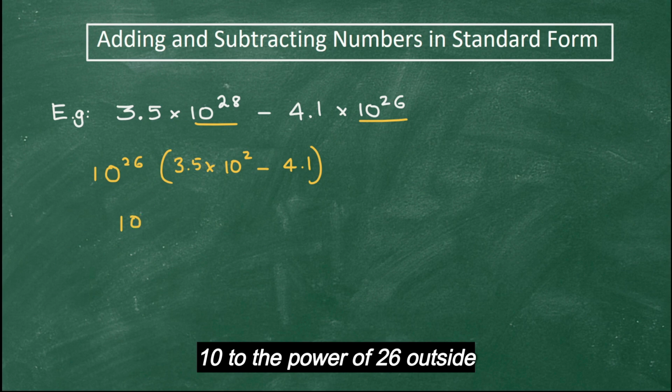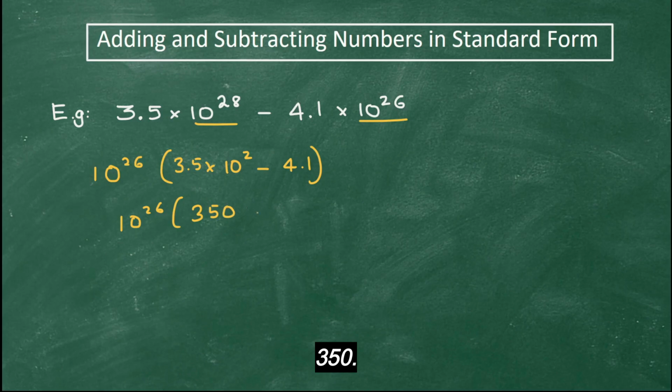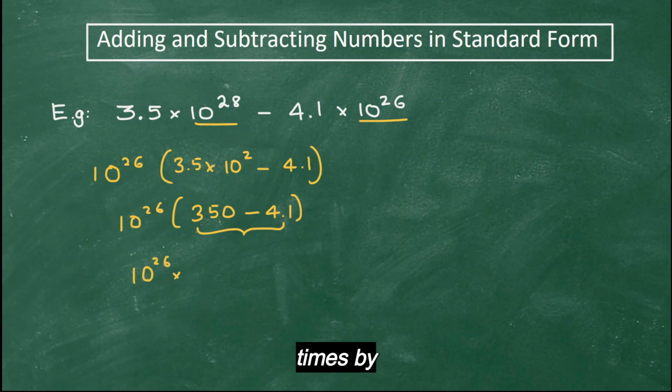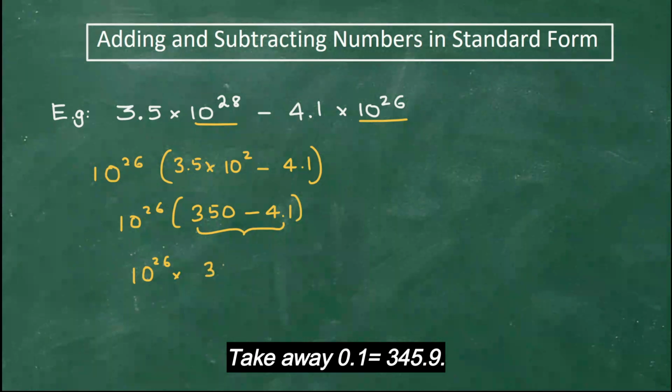Now 10 to the power of 26 outside, 3.5 times 10 to the power of 2 would be 350. Take away 4.1. Now we can do this one relatively easily. That will be 10 to the power of 26 times 350 take away 4 is 346, take away 0.1,